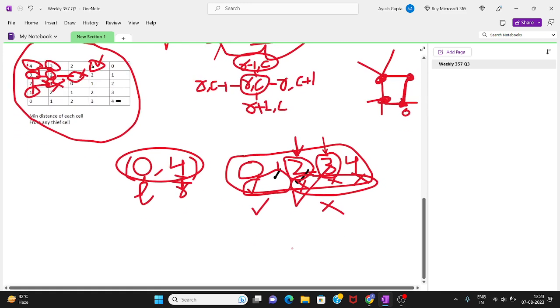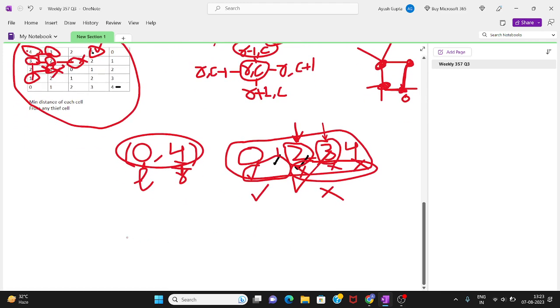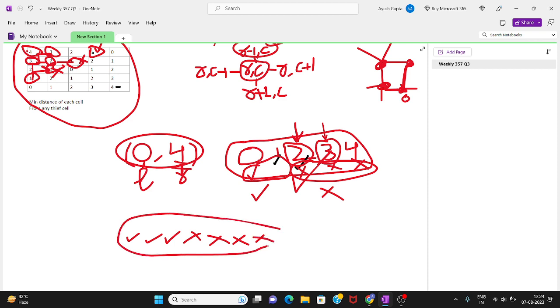This is behaving like a series in which some of the initial values are possible and all of the rest of the values are not possible. Now you are seeing this pattern, so we can find this value using binary search.